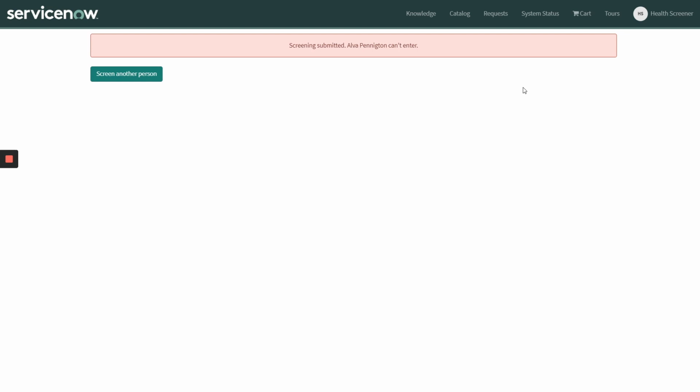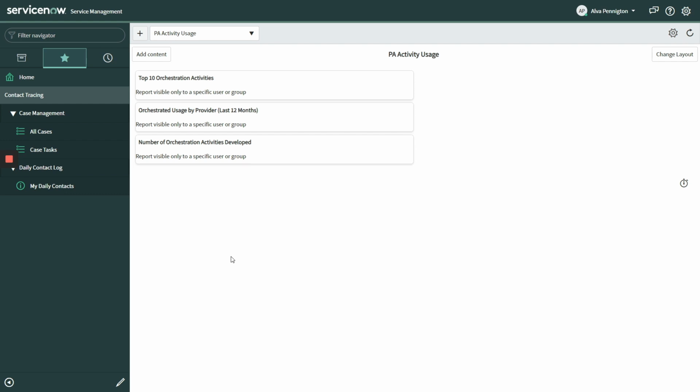The employee whose entry is denied due to symptoms of COVID-19 or high temperature, then the contact tracing of that particular employee is initiated. Impersonating as Alva, who has the symptoms of COVID-19, as a user he can only view his case task, and he can also upload his daily contact logs through the My Daily Contact Logs module. This user has only limited access to the application.